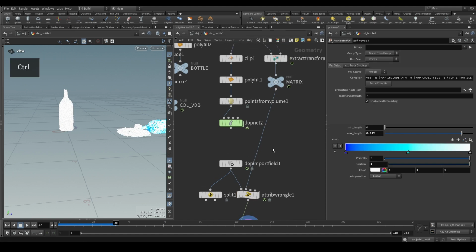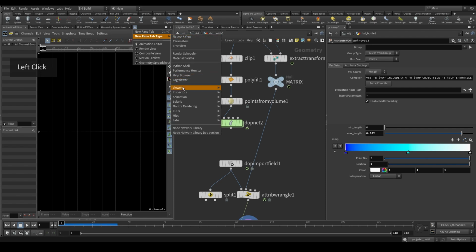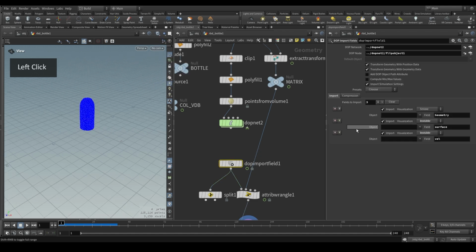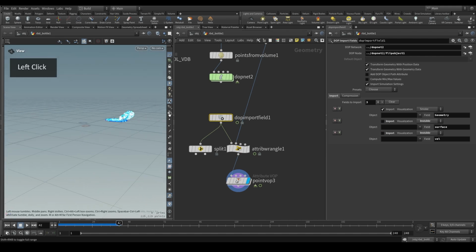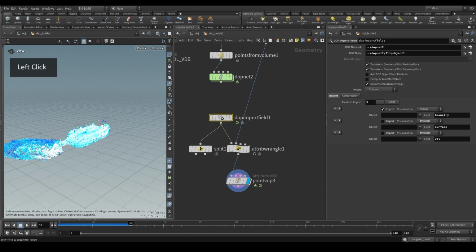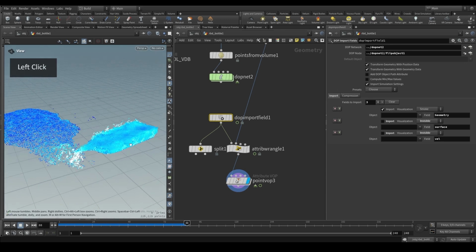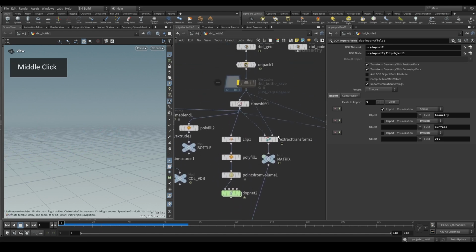And the reason this is acting weird is because we need to get rid of the scene view. And there we go. And let's actually get rid of these. We don't need these. And there we go. So now, awesome. So now we have a really nice bottle simulation. It leaks out well, and it's colliding well. So as a review,